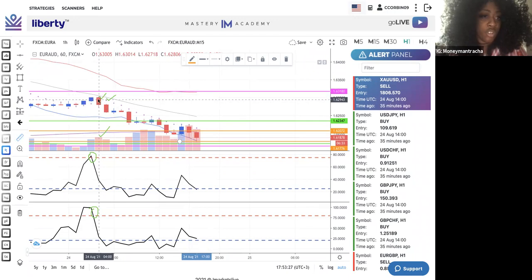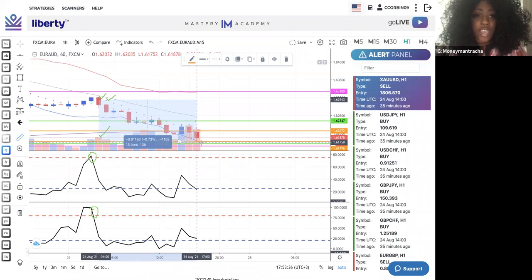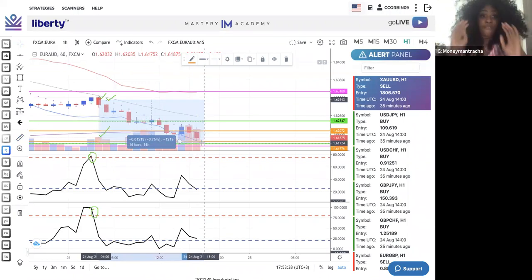So here we go. We're going to take this ruler and we're going to see how many pips we would have got, even if we would have gotten into this trade on a smaller time frame, right? Now, remember, we could have been holding it for days. Wow, look at this, y'all. In 14 hours, that's not even a full day. This is for my intraday traders. You could have gotten into this trade at the beginning of the day, been in that trade for less than 24 hours, and you could have made, even on the smallest lot size,